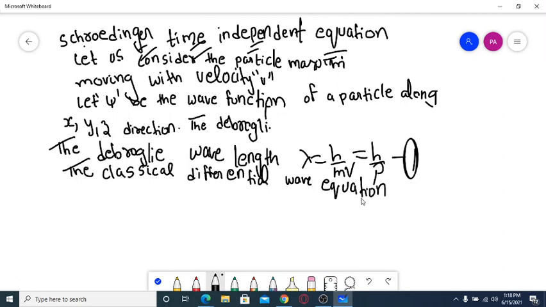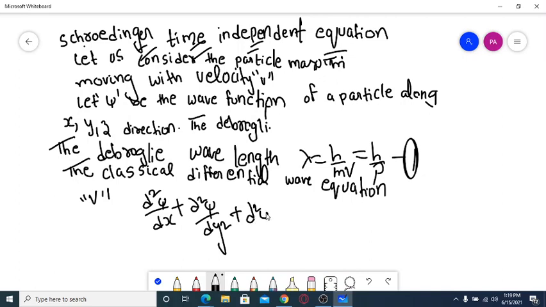What is that classical wave equation? It is given by dou square psi by dou x square plus dou square psi by dou y square plus dou square psi by dou z square is equal to 1 by